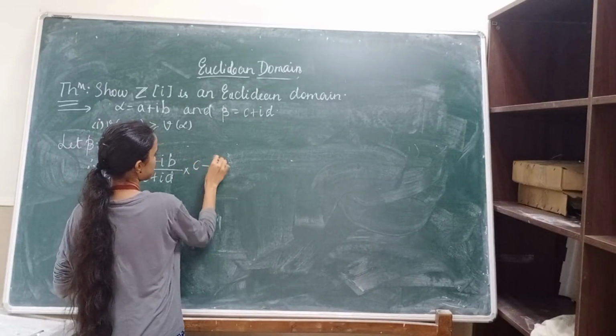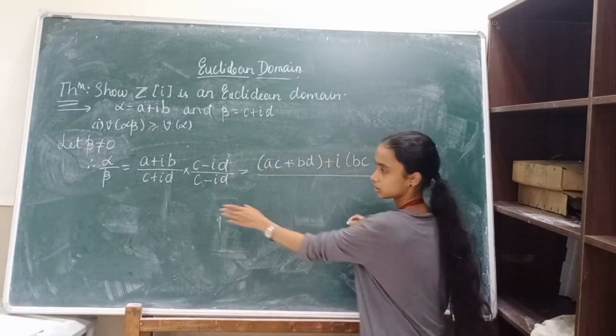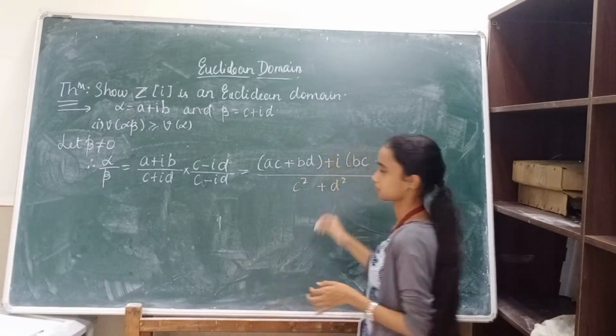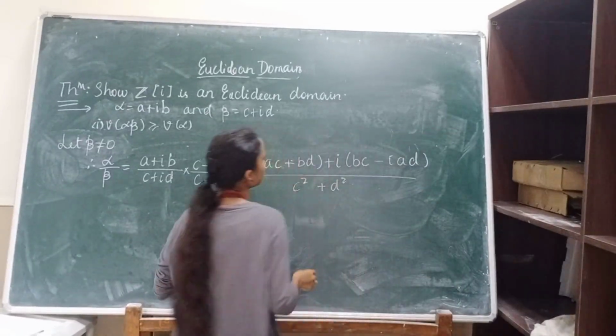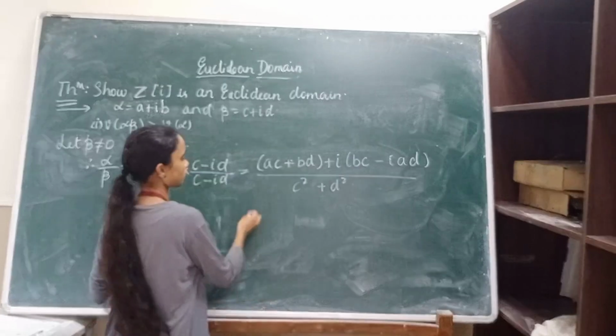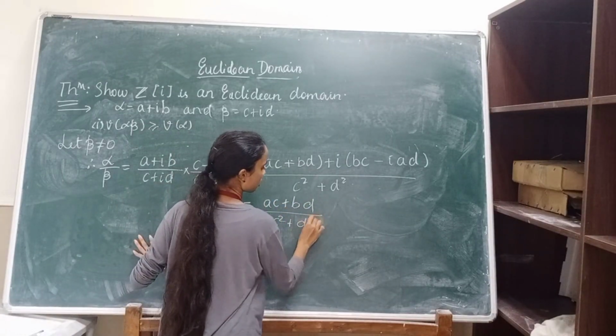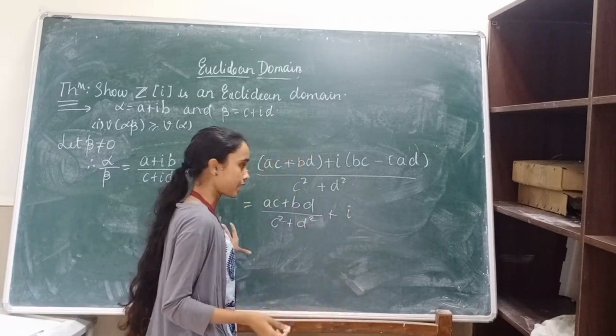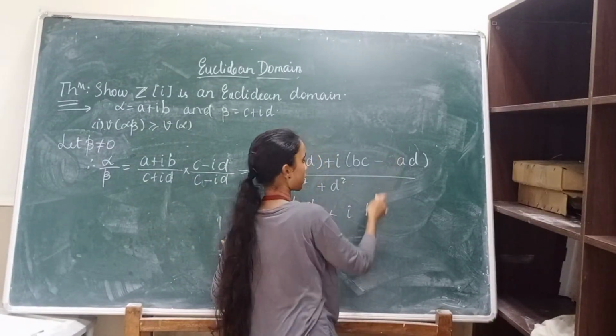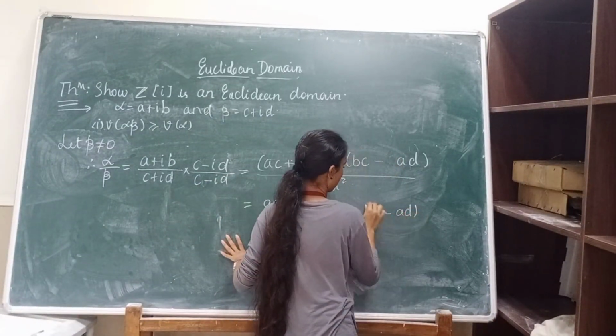That will give you C minus iota D upon, this will give C square plus D square. So we can separate out the real and the imaginary parts of this. It will be AC plus BD upon C square plus D square plus I times BC minus AD upon